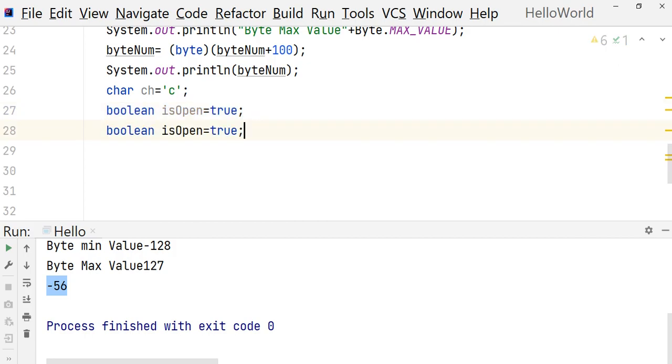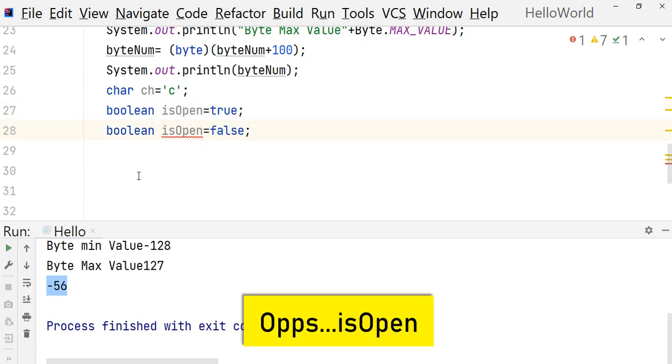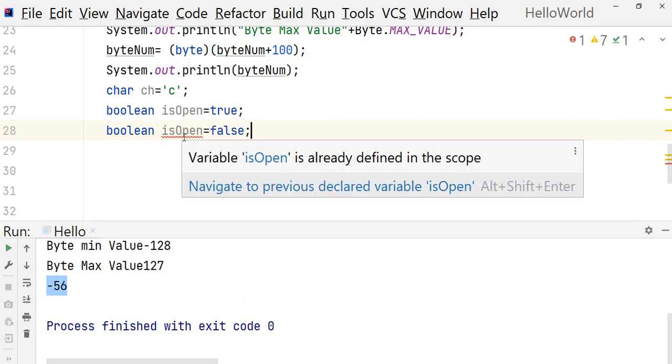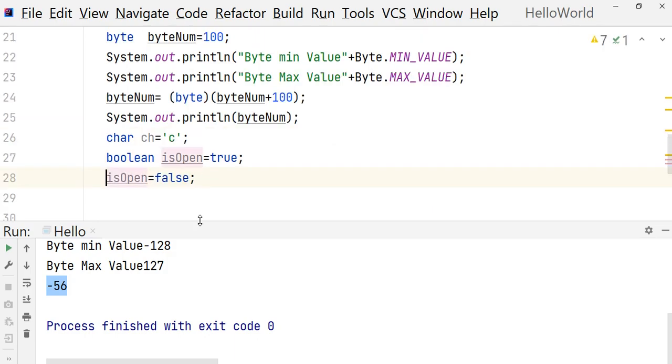Again, you cannot declare duplicate variables. If you try to redeclare isOpen, you will get the error saying that isOpen is already defined in the scope. But you can have it inside the method signature and inside methods, which we are going to cover in our upcoming sessions. But we can't have two variables with the same name in the same scope.